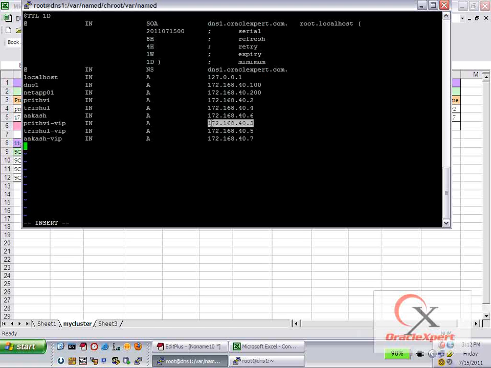Now after this, if I plan to use GNS, I need to set a subdomain within my DNS, and this subdomain is delegated for configuring dynamic IPs for my cluster. So this subdomain I am naming here with the record as $origin, the name as dev.oragrid.oracleexpert.com. So this is going to work in my setup as a subdomain delegation,